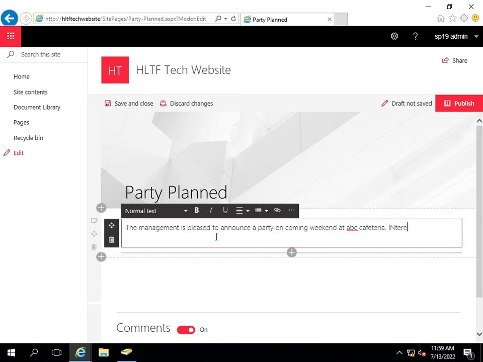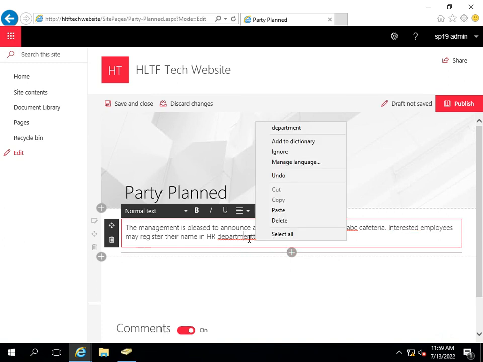Interested employees may register their name in the HR department. To further automate, what I can do, I can create a list, and I can give